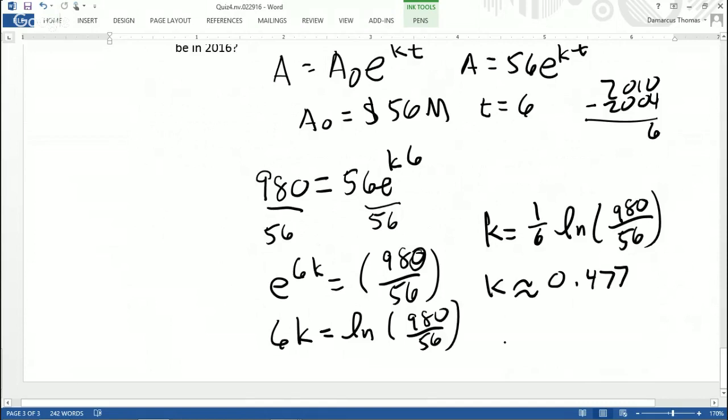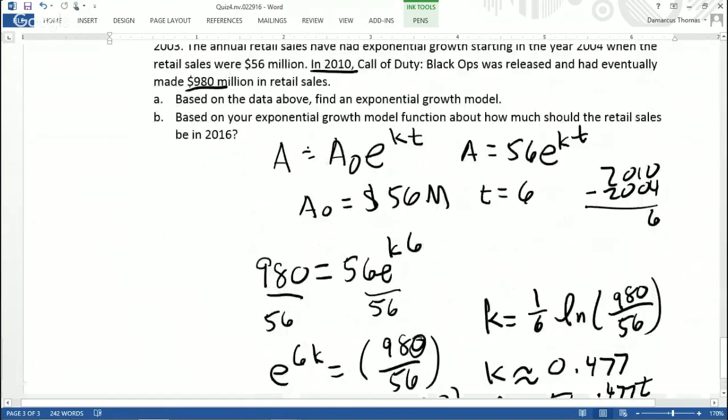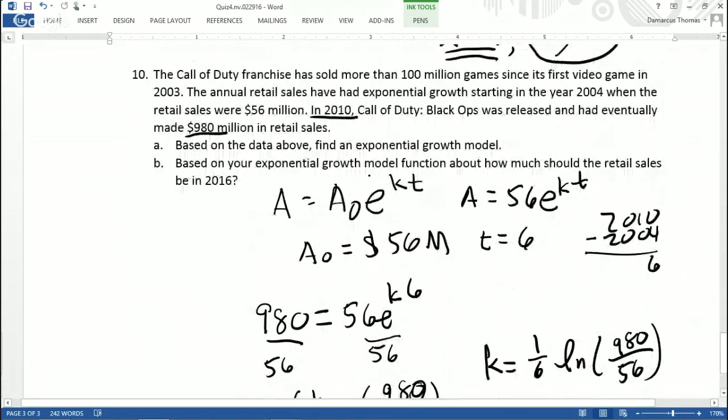My exponential model for part A would then be A is equal to 56e to the 0.477t power. And so there we have it. A is equal to 56e to the 0.477t. The last question, though, it says, now based on our exponential growth model, about how much should the retail